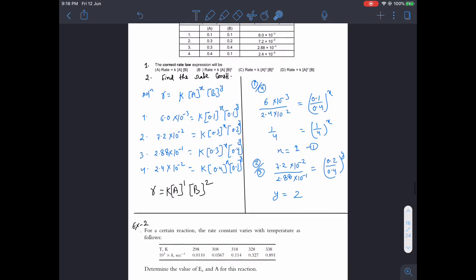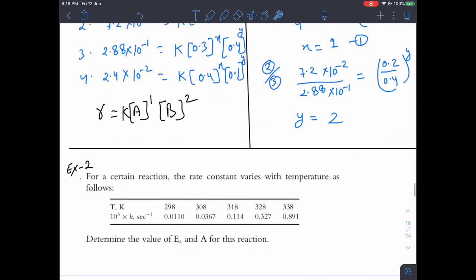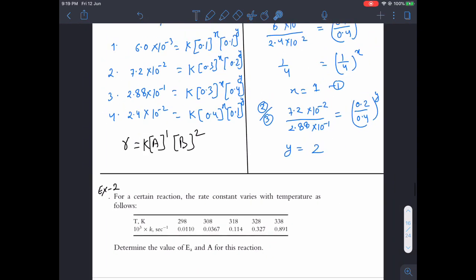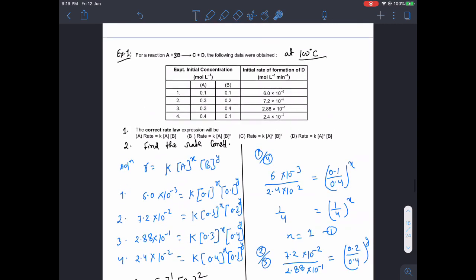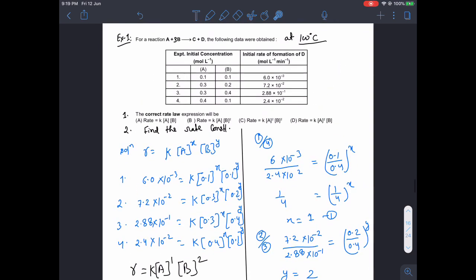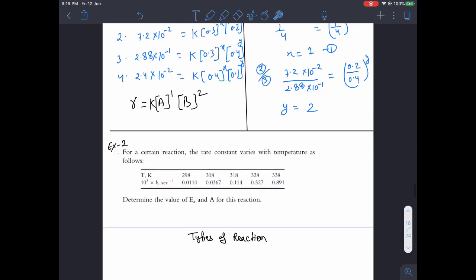Now coming to how to calculate the activation energy and how to calculate the pre-exponential constant. For that, guys, you know what you have to do? You have to actually conduct the same experiment but at different temperatures. Like I did for 100, then you perform it for 110, then for 115, then you perform it at 120 degrees. By doing so, for every experiment you collect a series of data, and with the help of this data you figure out the value of k for each of them. That I did for you here.